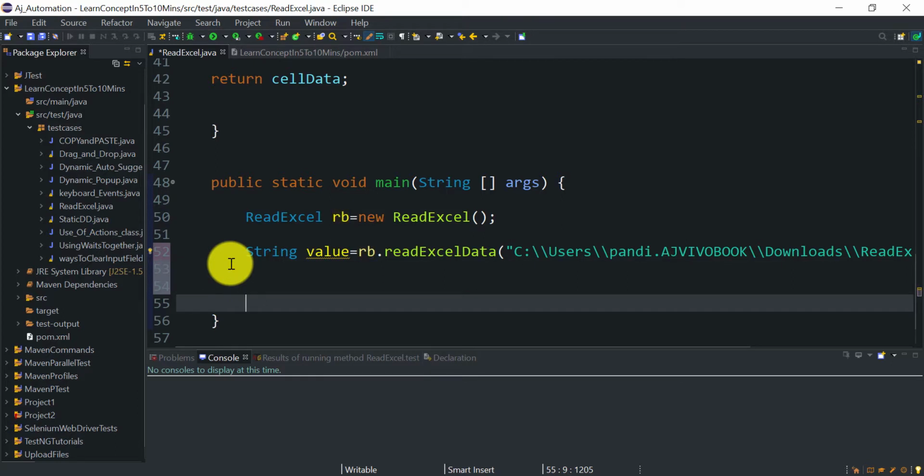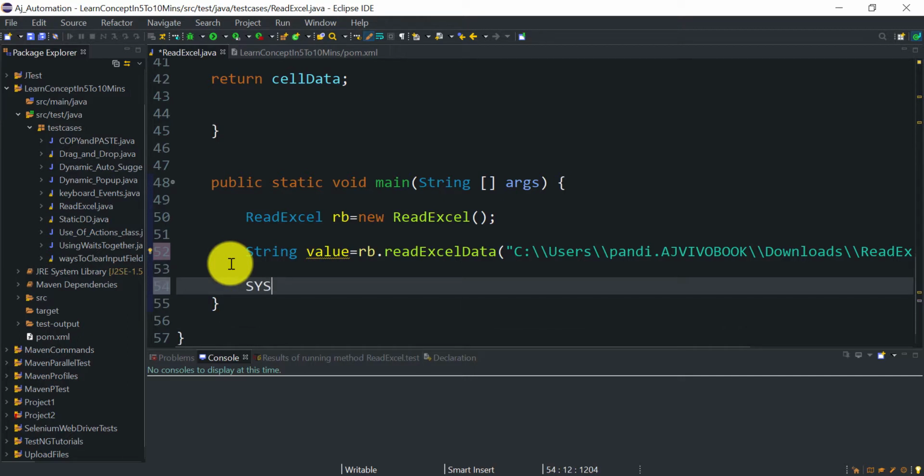In your actual project, you can use this value according to your scenarios in your test case, as per the requirement. As of now I will just print it in the console. So "value we got from the excel is equal to", and here I will add the value.